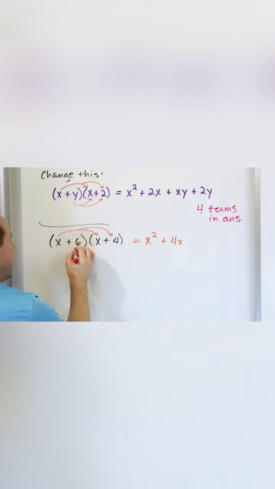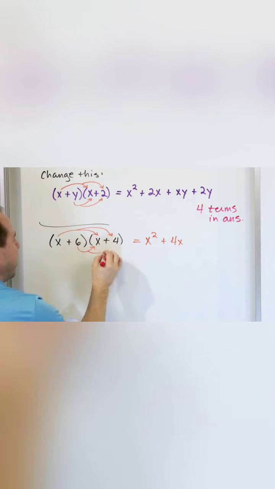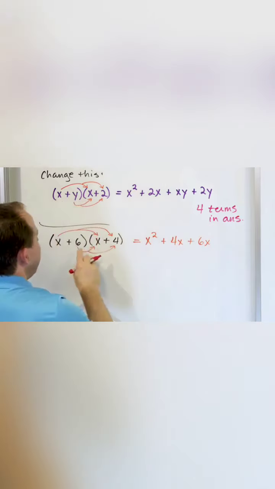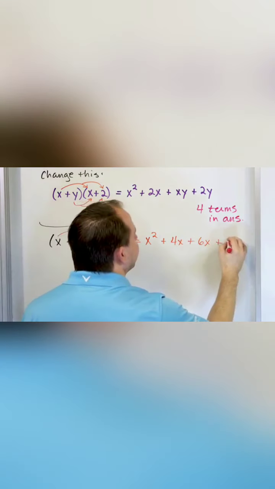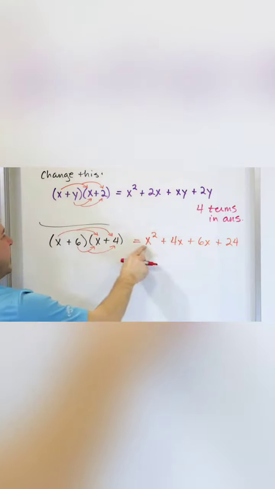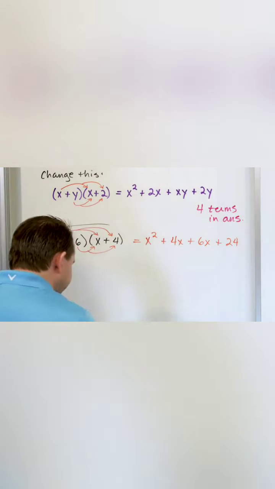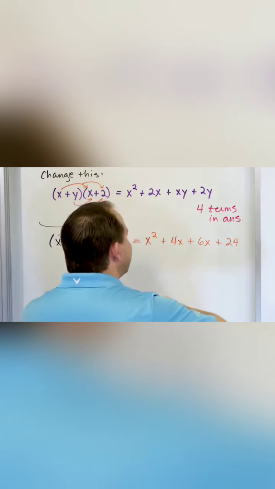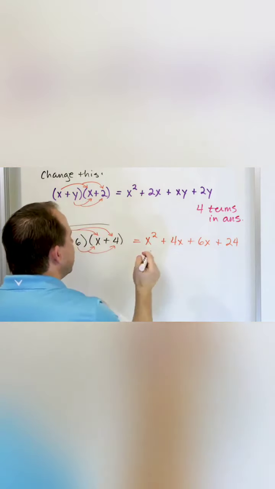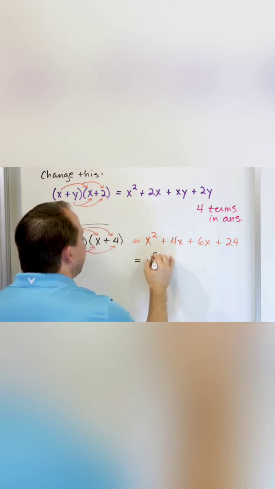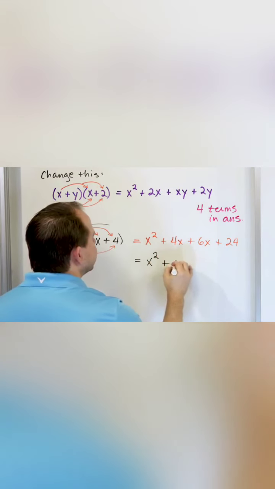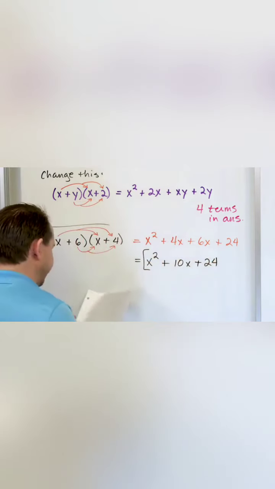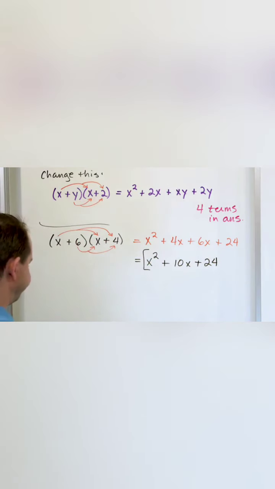And then I'm going to have this secondary term multiplied in by each of these as well. 6 times x is 6x, and 6 times 4 is 24. Now notice I got 4 terms here, just like I did here. The only difference is when I look at this, I realize I have a 4x and I have a 6x. So actually I can combine these two and add them because they're like terms. So I'll have x squared plus, this will be 10x